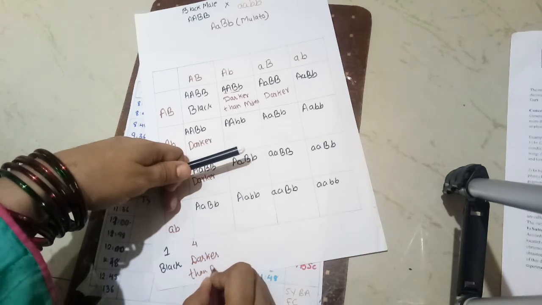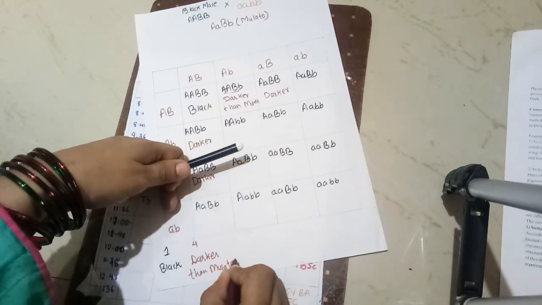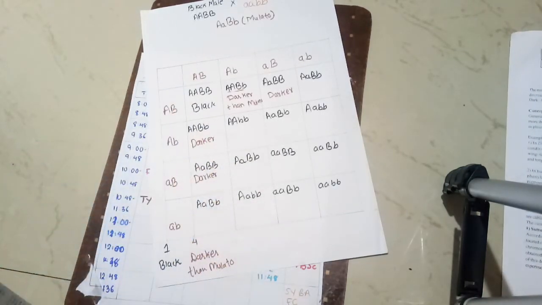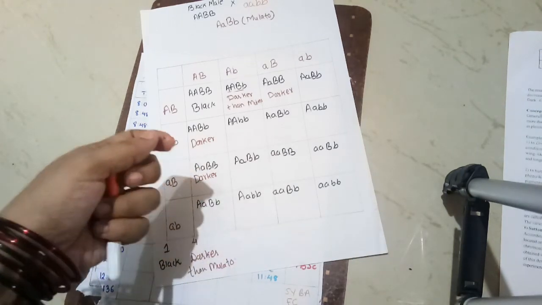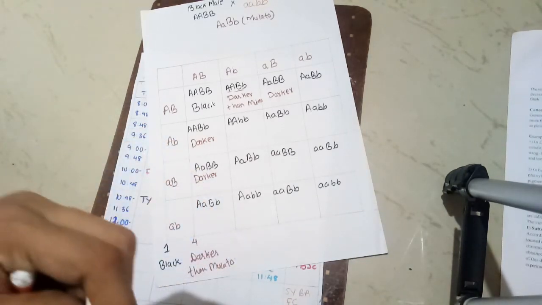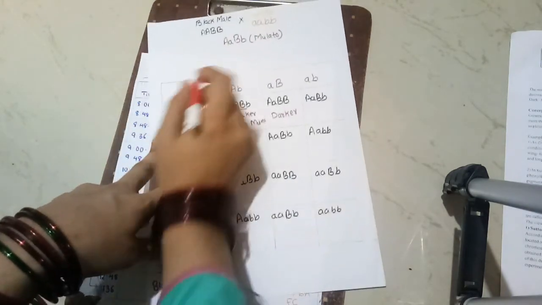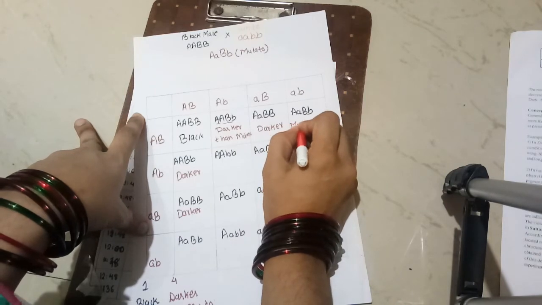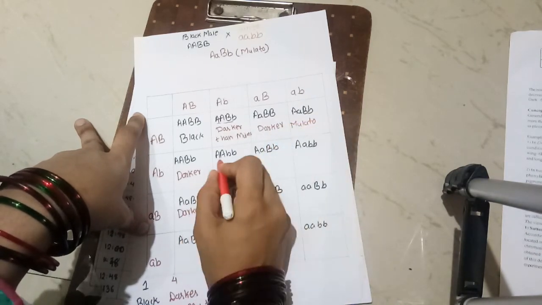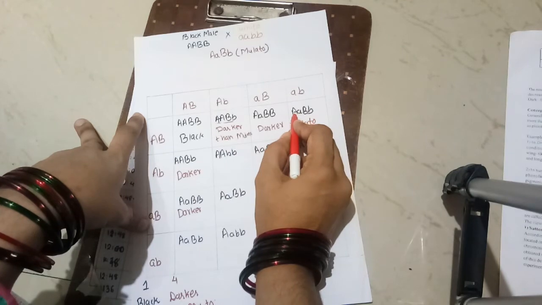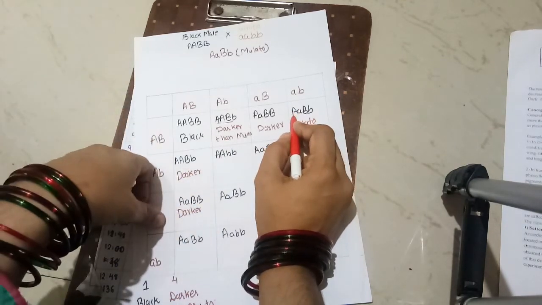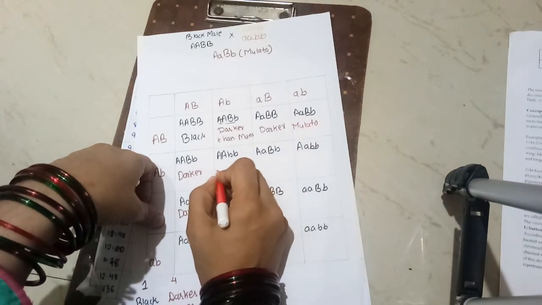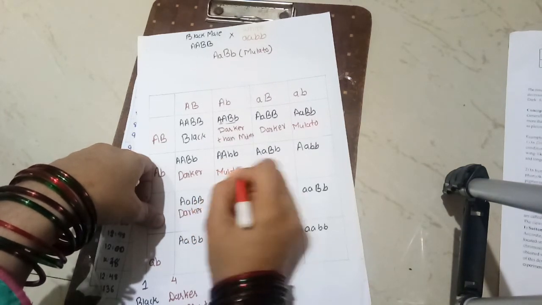Okay, alright. Now we will see the mulatto population here. For mulatto, we know that two dominant genes are required. So this individual will be mulatto, right? This is also having two. This individual is having capital A, capital B, but this one is having only two capital A, but still this individual will also be mulatto. This will also be the mulatto.